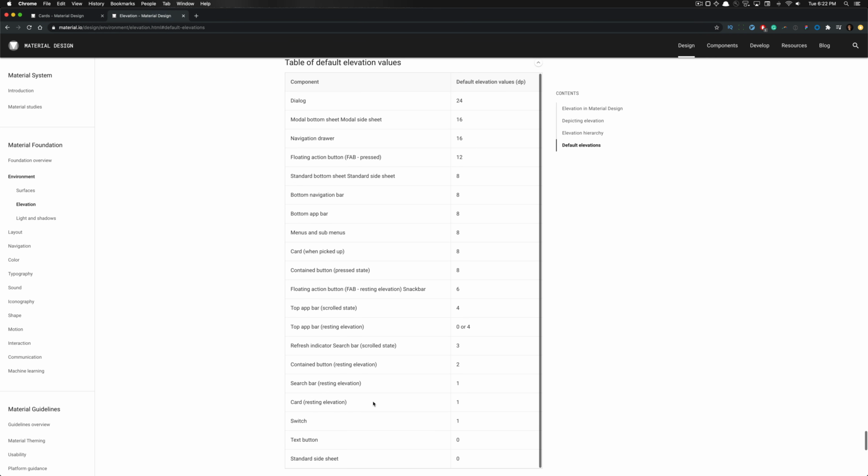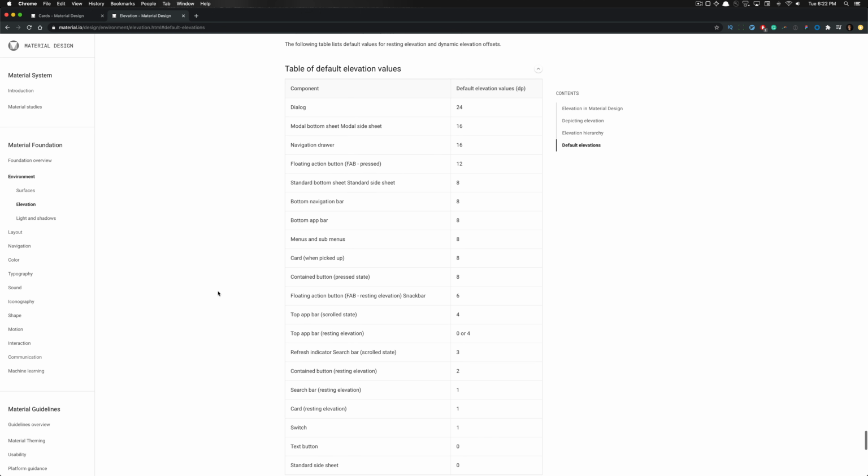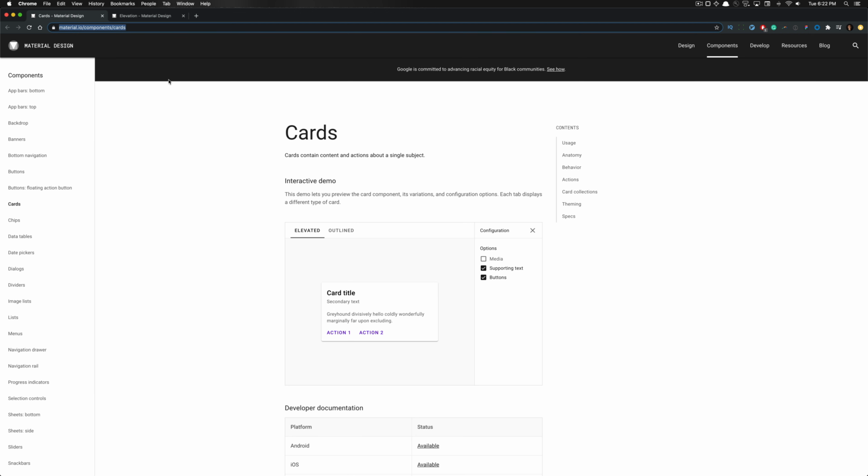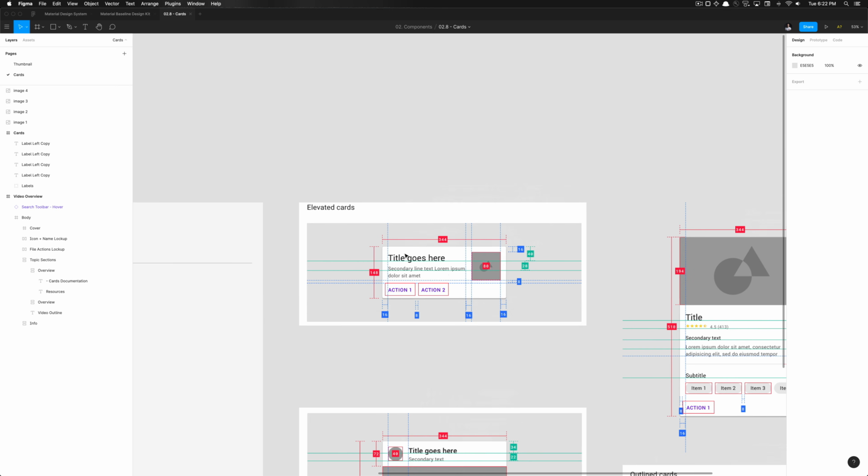So under elevation here in the material design guidelines, there's a table of default values, which we've already gone over a few times before, and it shows that the card at the rested state is set to 1 dip on the right there. And when it is picked up, when this card is being interacted with or picked up, it utilizes the 8 dip default elevation value. So just a side note there, because we will need to know that to implement the elevated portion of the cards we build out. So with that said, let's go ahead and get to